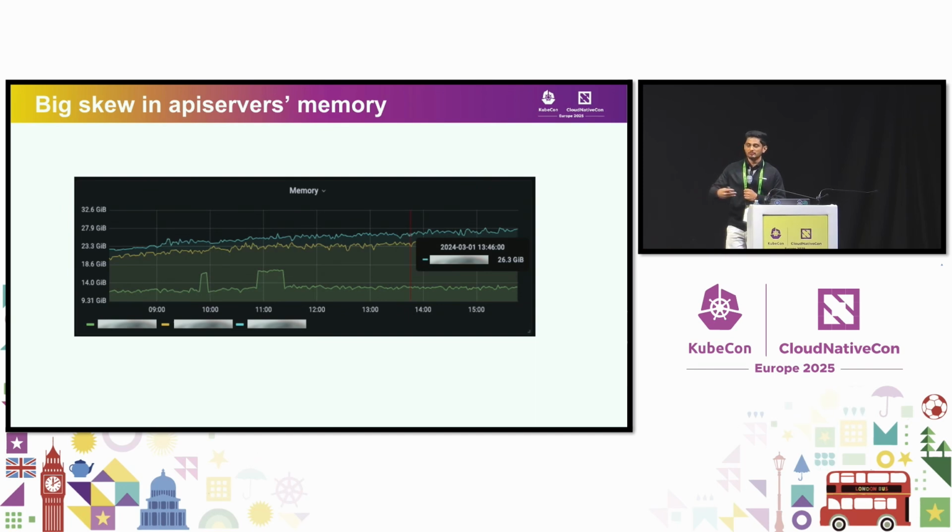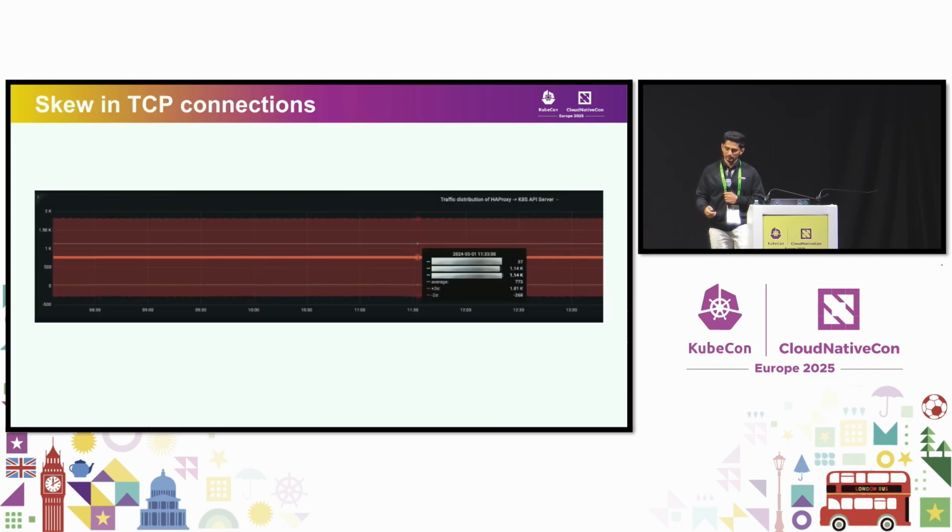It was so bad that we actually had to set up alerts that anytime there is a memory skew, you have to go in there and take certain actions to make sure it got healed. But this was a big problem for us, and we wanted to see how we can solve it. So in digging more about this problem, we learned that anytime there was a skew in memory utilization, there